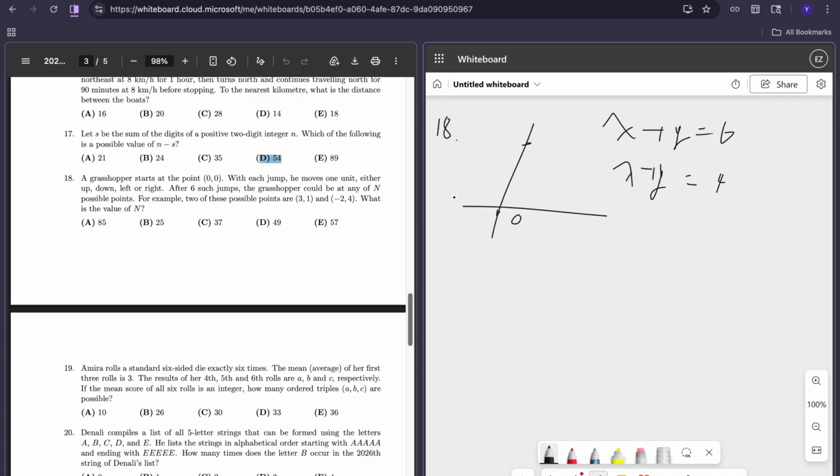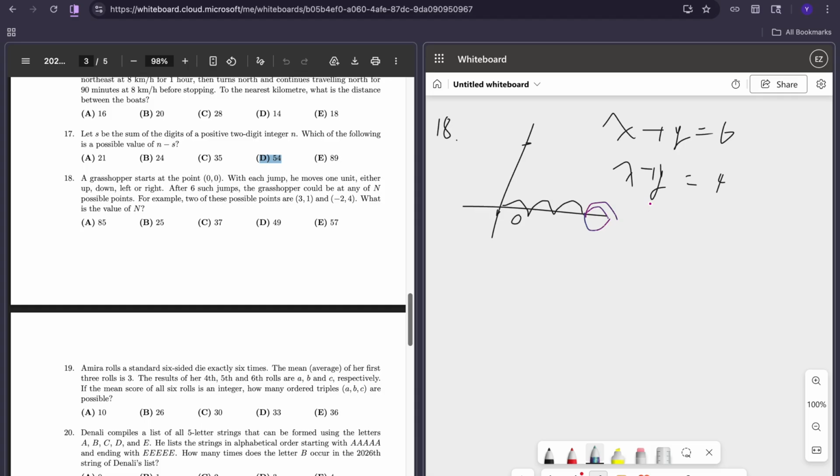Now let us consider, is it possible for us to get (3, 0)? The grasshopper jumps 1, 2, 3, and continues to jump 4, then back, 5, and 6. We find out it's not possible to get